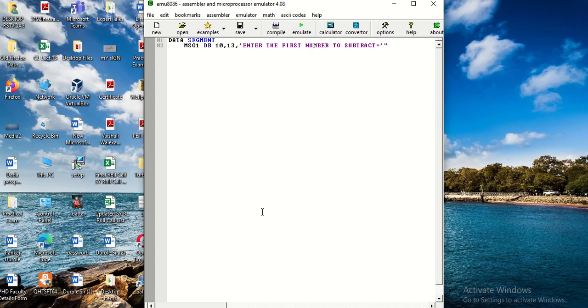So I am taking another symbol of dollar over here and writing finally a semicolon.